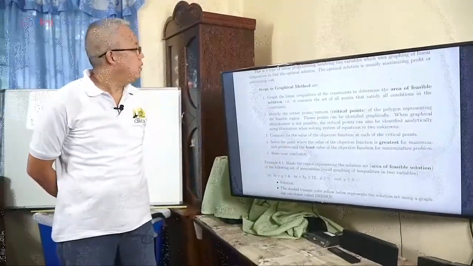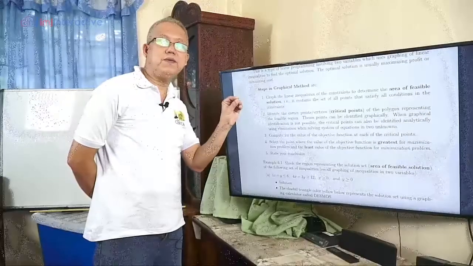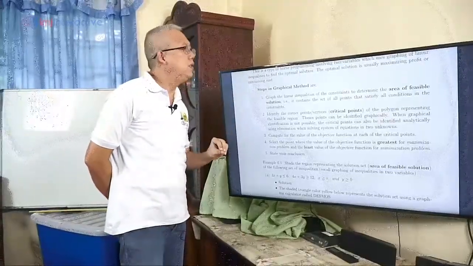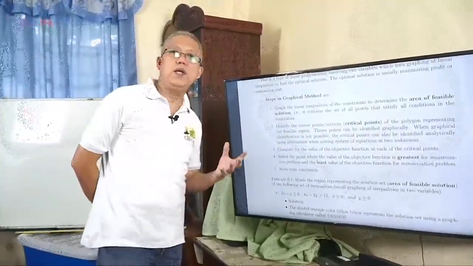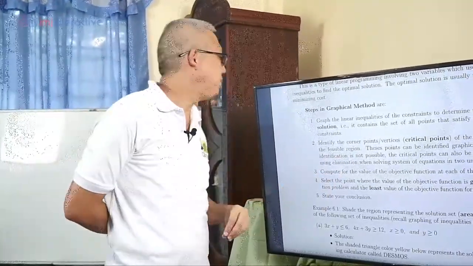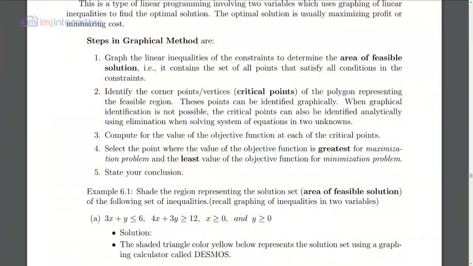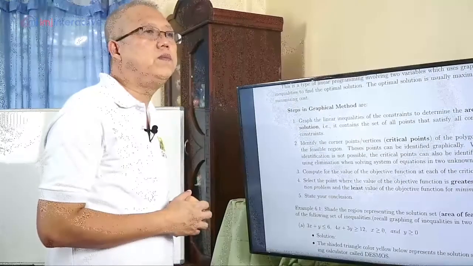Step number 2, we identify the corner points or the vertices. We usually call them the critical points of the polygon. Normally, when you graph and identify the shaded region, the area of feasible solution, they are usually in the shape of polygons. So we identify the corner points of that polygon. Now these points can be identified graphically. When graphical identification is not possible, then the critical points can also be identified analytically using system elimination involving system